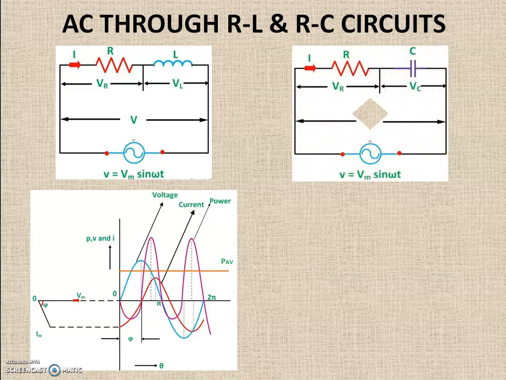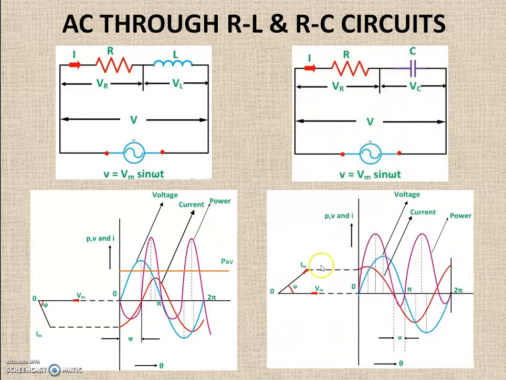When you consider an RC load, here the current will be leading the voltage but not by 90 degrees. Let it be an angle phi. It is also seen from the phasor diagram. The current is leading the voltage by an angle of phi. If you plot the instantaneous power waveform, it will look like this. Here also it has positive and negative parts but they are not equal.